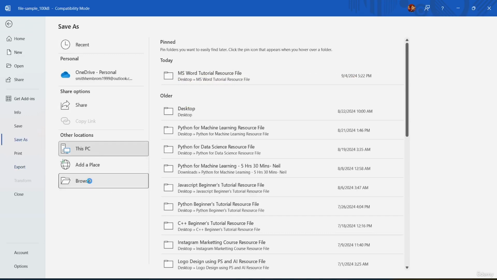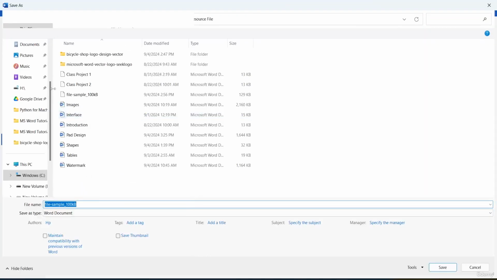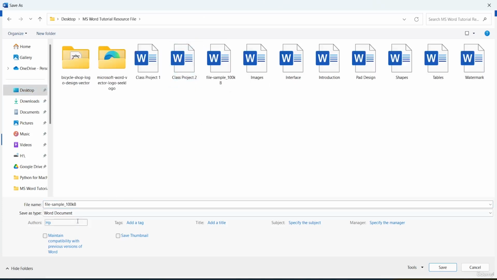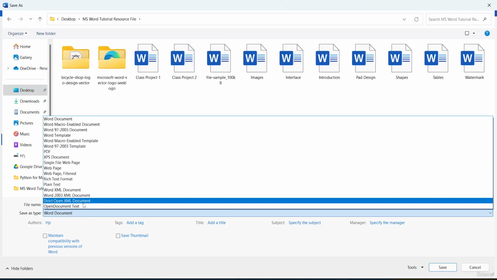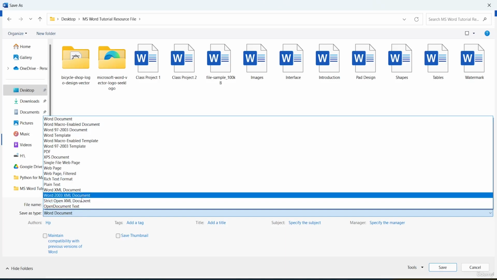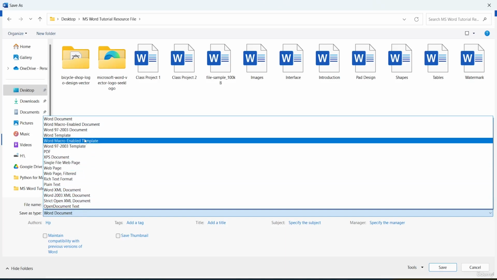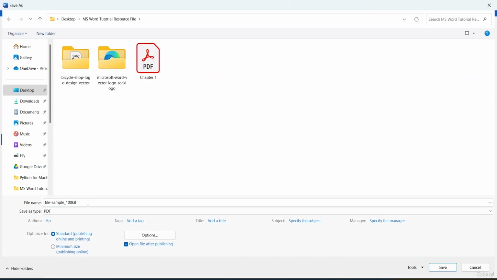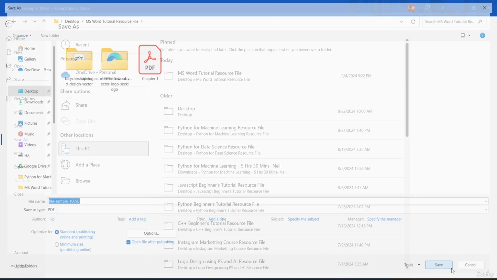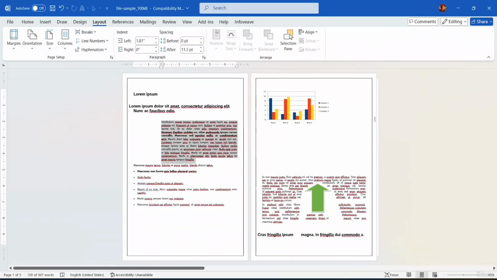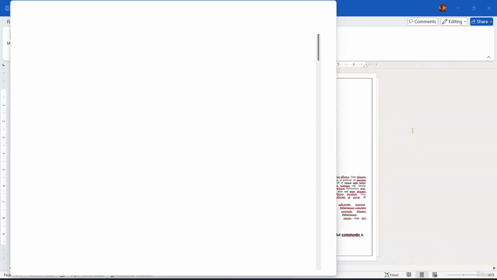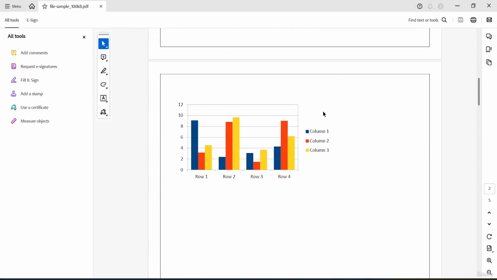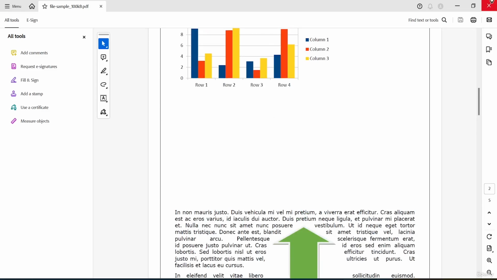Otherwise, if you go to save as, let's go to browse option. And now over here, let's go to my resource file. And from here also I can choose at what format do I want to save this Word file. Okay, so there is different Word file options and also I can save this particular file into a PDF format as well. So once you're done, I'll just click on save and this particular document has been saved as a PDF document as well as the PDF file is getting opened right over here. Okay. So yeah,